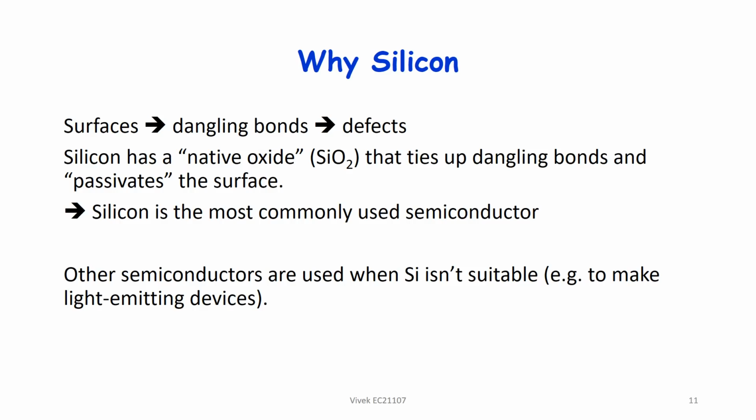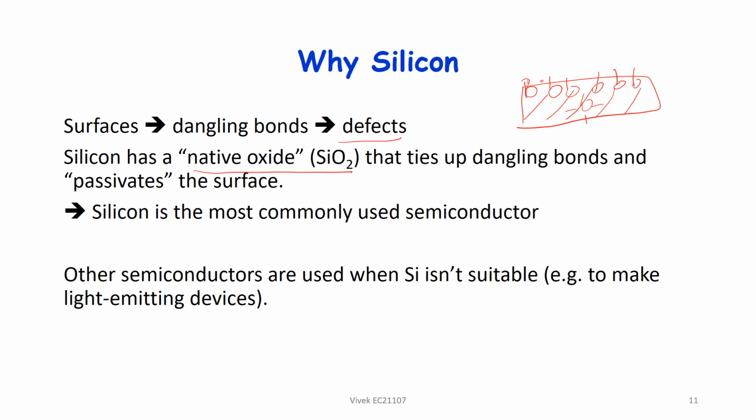But another interesting thing is the native oxide. Now what is the role of native oxide? If you look at any semiconductor, inside the bulk everything is okay because all the atoms are bonded to neighbors, but at the surface not all atoms are bonded, so there will be dangling bonds. Now these dangling bonds are actually defects, because these bonds are free, so they will try to attach to some other foreign atom, could be an impurity, anything. So they are actually defects.